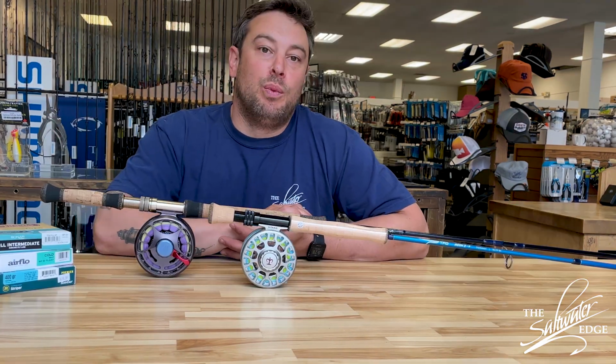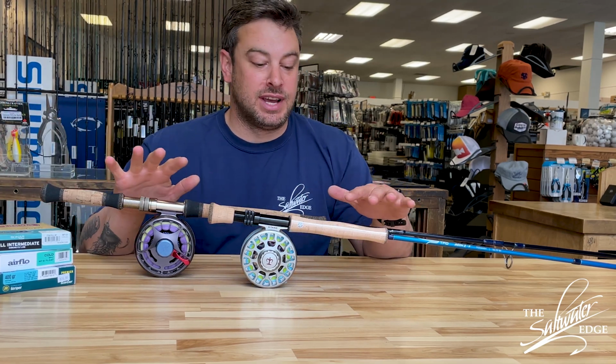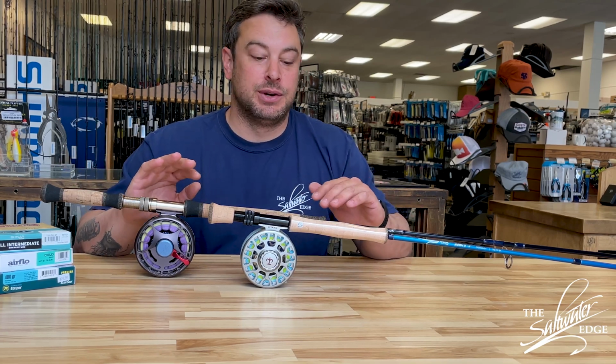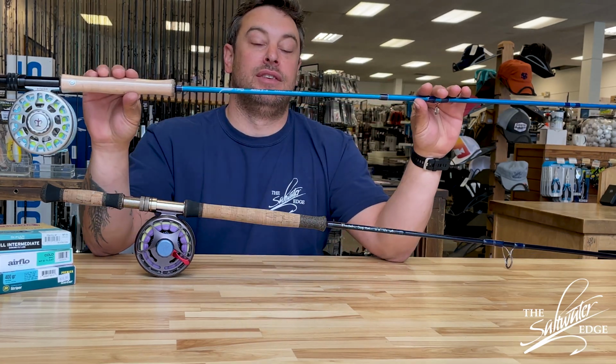I want to talk about what I'm using for rods, reels, and lines. I'm running 2 different setups, kind of opposite ends of the spectrum here, but just bear with me so I can explain to you guys what I have going on. So my first option, on days where I don't have any wind,